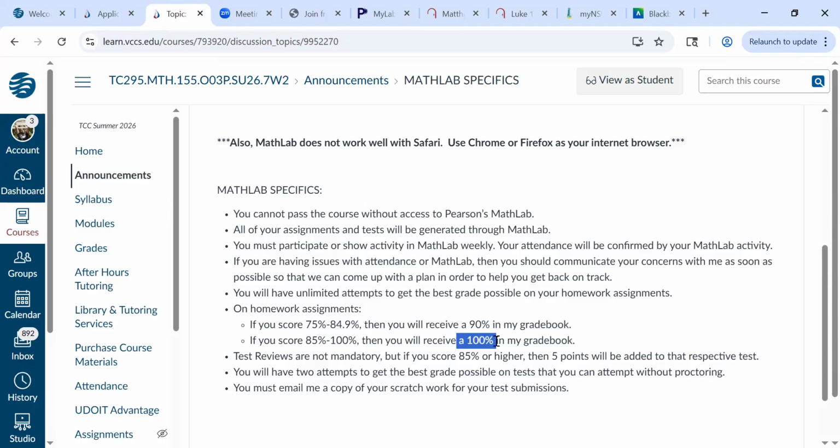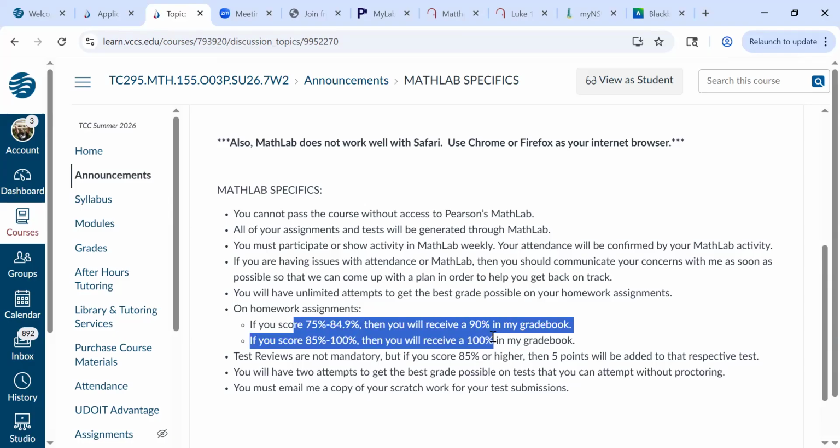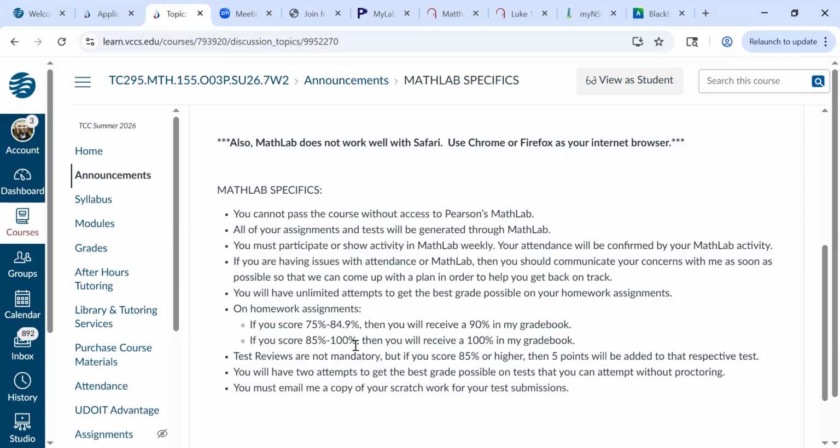Right. Now that adjustment is something that I would do when it comes to your final grading. There's no way for me to program MATLAB to do that. So I will bump up your homework grades in my final grading. Test reviews are not mandatory, but if you score 85 or better, you'll get 5 points added to